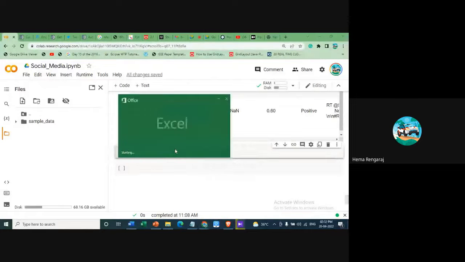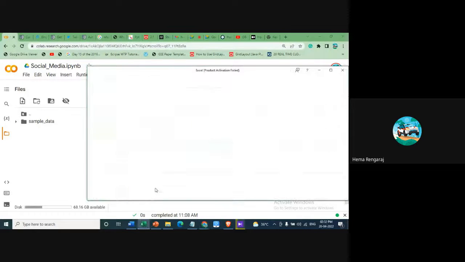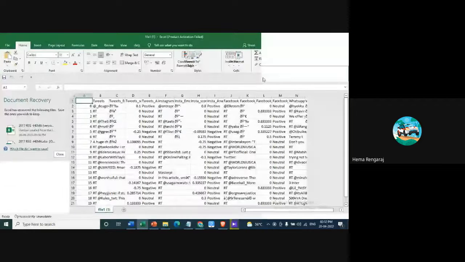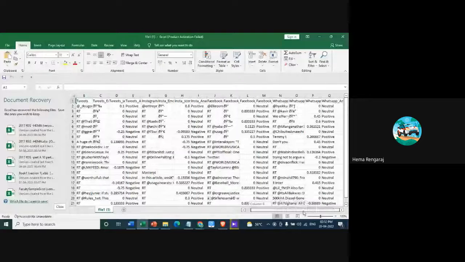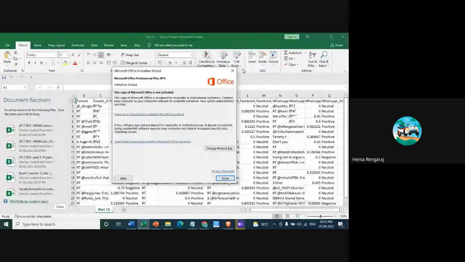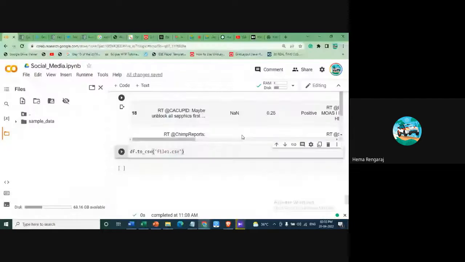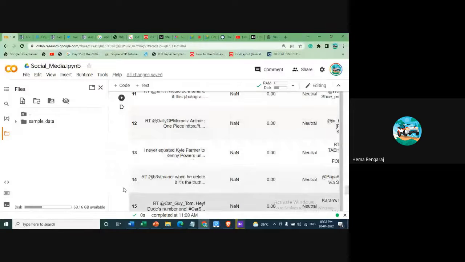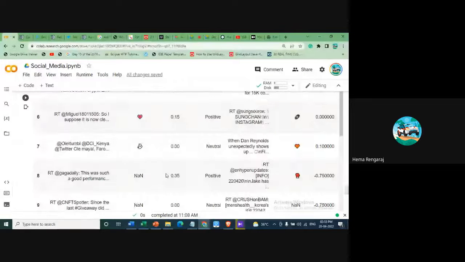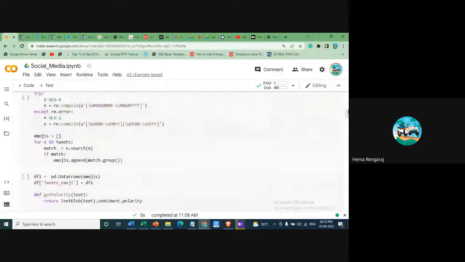It is optional. If you want, I have just now copied it here, and you can extract the data. If you need the data in an Excel file, you can convert the data into CSV format also. You can download your data by calling this function, df.to_csv. It will convert this table into a CSV format. So this is a simple experiment of performing sentimental analysis using TextBlob.